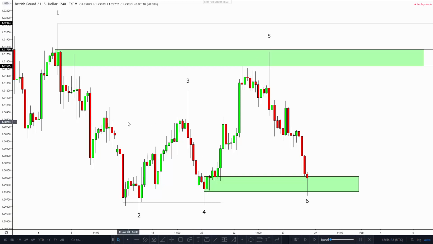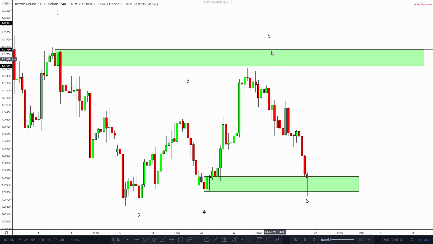Observe that the 1-2 vector has smaller oscillations over its course, while the 2-5 vector can be decomposed to a more significant minor flow formed by the vectors 2-3, 3-4, and 4-5. Notice that the 2-5 vector comes back to the supply zone outlined by high number 1. It's interesting to notice the magnitude of the selling pressure in that supply zone once price enters it in number